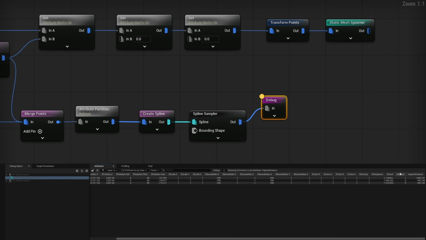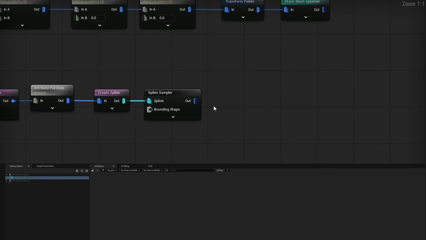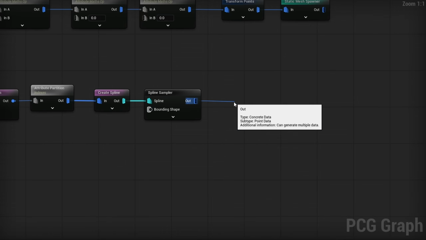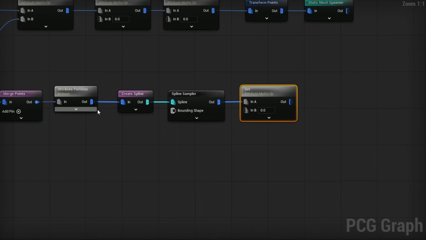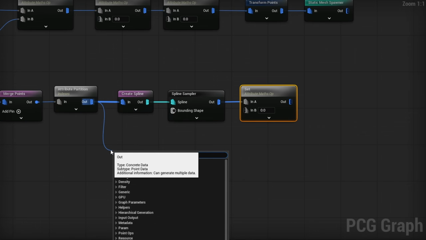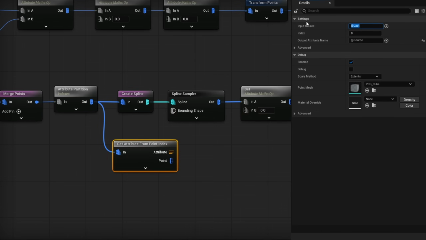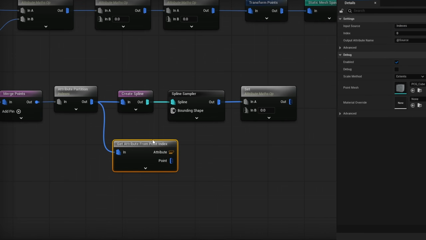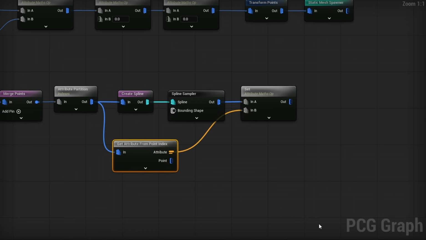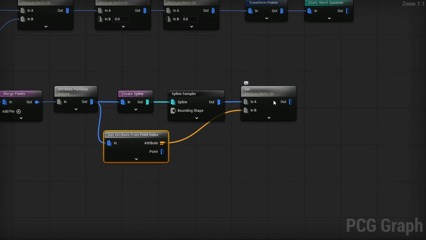So we need to reset this properly again. So from the spline sampler, once again, we'll use a set attribute node, just like the ones above. And then from this attribute partition, we're going to drag out, search for get attribute from point index. The attribute we're going to get is indexes, because that's the one we're fixing. And it's only going to grab 1. And that's perfect, because we can just go ahead and set that here, because we're going to replace all of them in that data